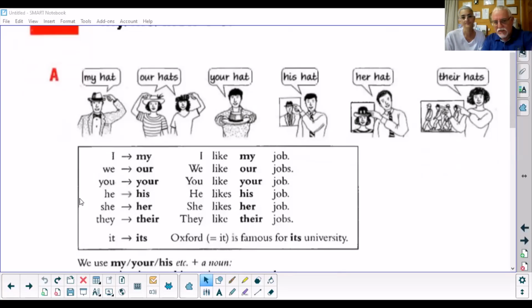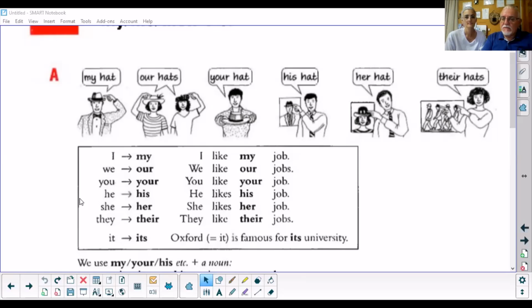Next to them are the possessive adjectives. I becomes my, we becomes our, you becomes your, he becomes his, she becomes her, they becomes their, and